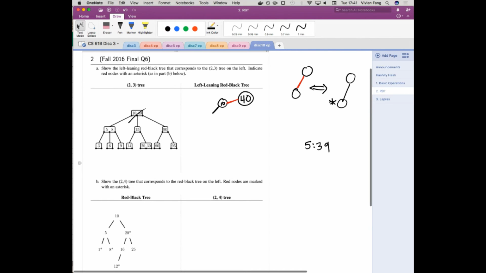And if we want to glue our 5 to our 8, then we have to make sure that the 8 is connected to the 10. So now we have an 8 here, and then where does the 5 go? Yeah, to the left of the 8. So now it looks like this so far.